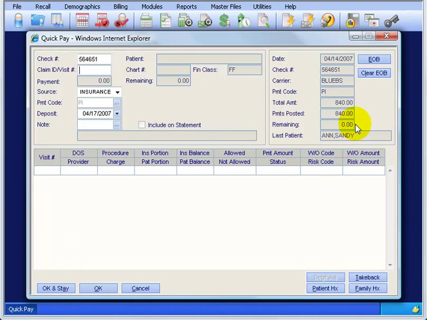So terrific. I just did my first EOB. The last patient I posted to is Ann Sandy, and I've got my $0 amount, so everything looks good. Now, this is always going to be here, even if you close out, unless you click Clear EOB. So we'll clear that,